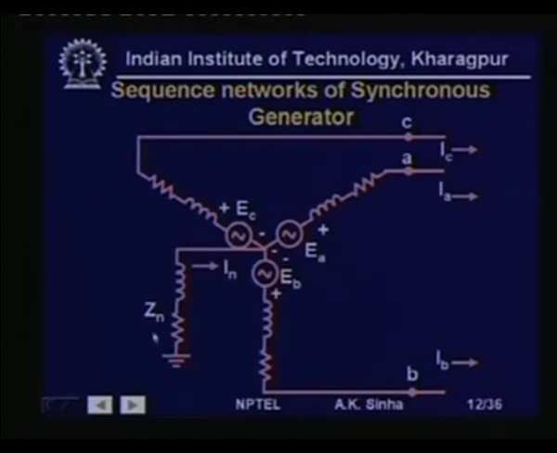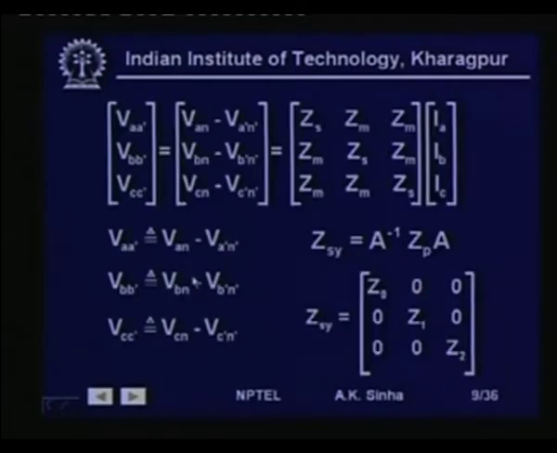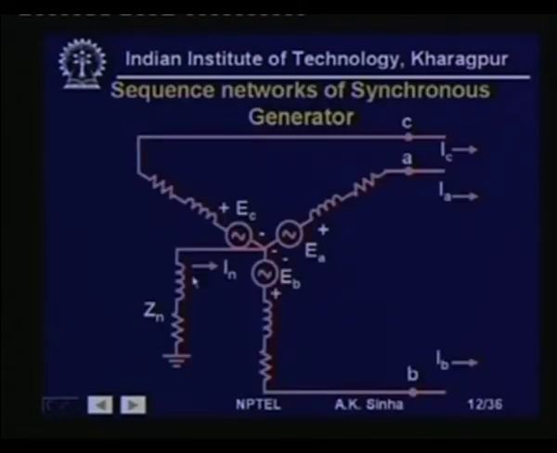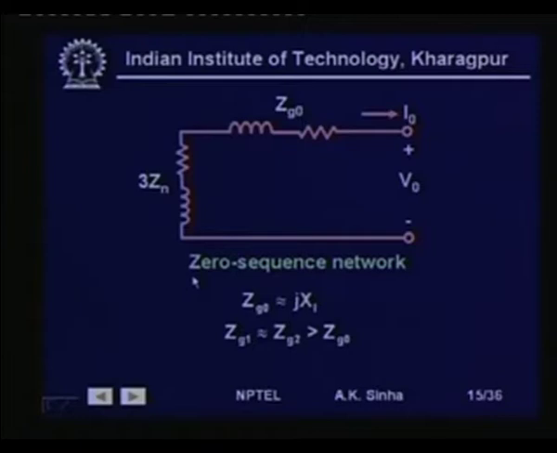So, the impedance seen from this point to this point, if we look at the voltage drop, will be similar to an I0 flowing through thrice this impedance. So, this is what we see here, 3 times Zn with an I0 flowing through it, and we will also see an impedance of the machine, which will be